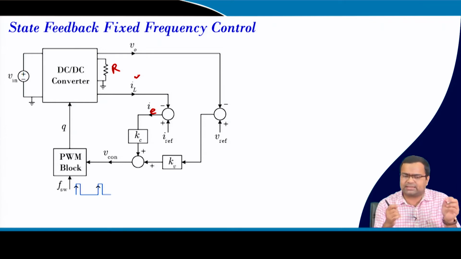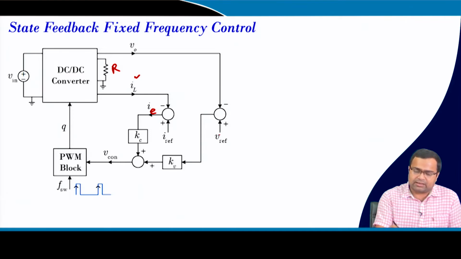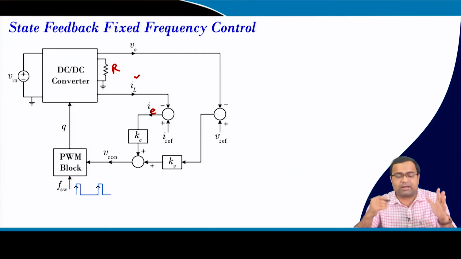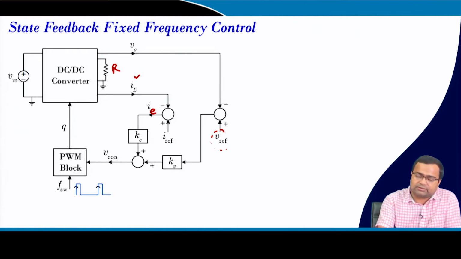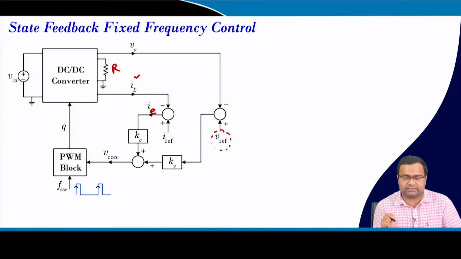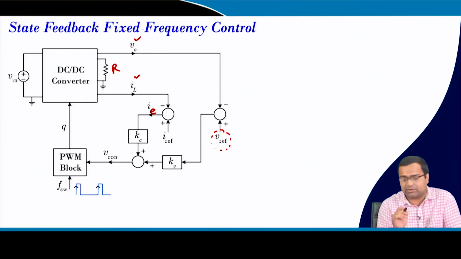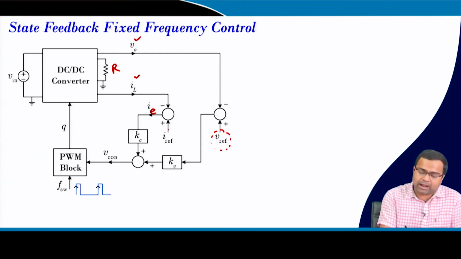If there is no ESR, then both are identical, but in presence of ESR they are very close to each other. So, if we consider output voltage feedback, in a switching converter we generally design for regulatory purposes. So, output voltage regulation is one of the objectives. We need to regulate the output voltage at Vref, which is the desired reference voltage, and in state feedback control we also take inductor current as one of the states, which we measure using a current sensor, and this inductor current can be compared with the reference current.